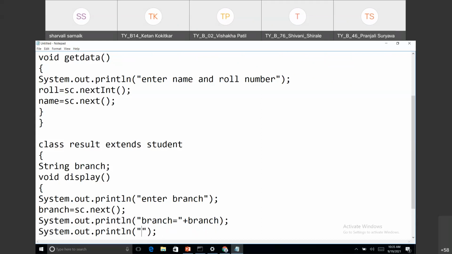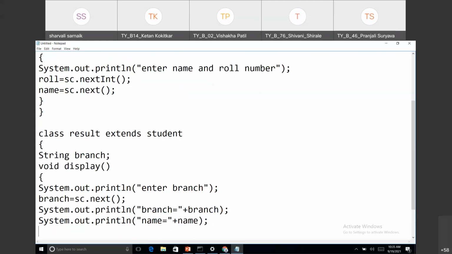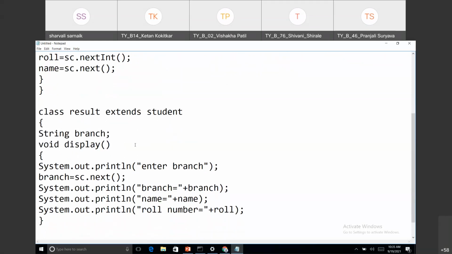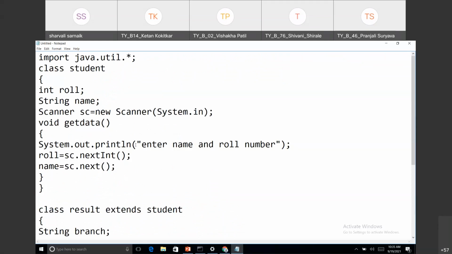Now we already know name is declared in the previous class, but here I am displaying the name because I have inherited the features of the previous class into this class. Okay, so here in the display function I have displayed the name, roll number, branch, and the name and roll number I have taken in the previous class from the user input.